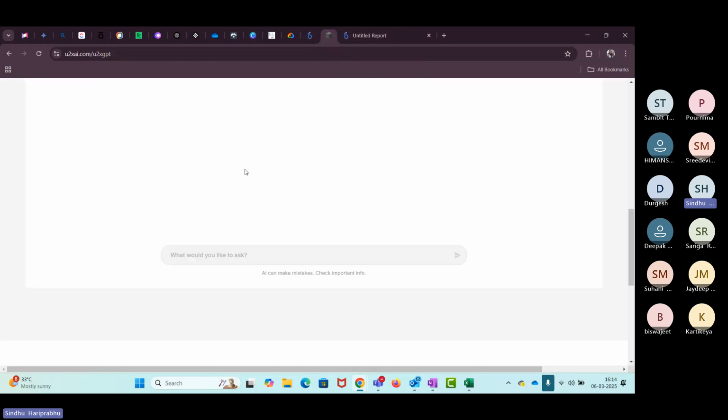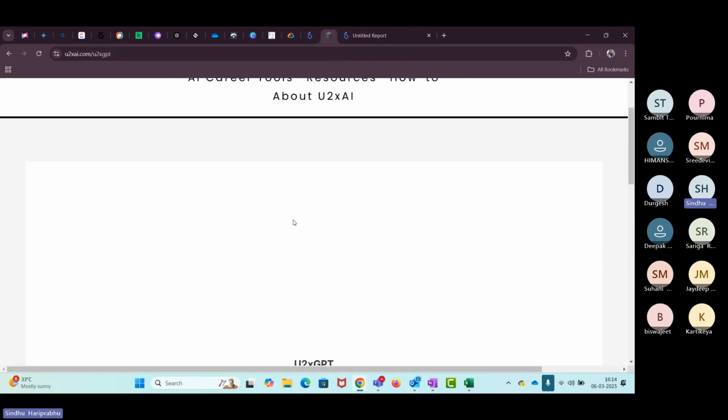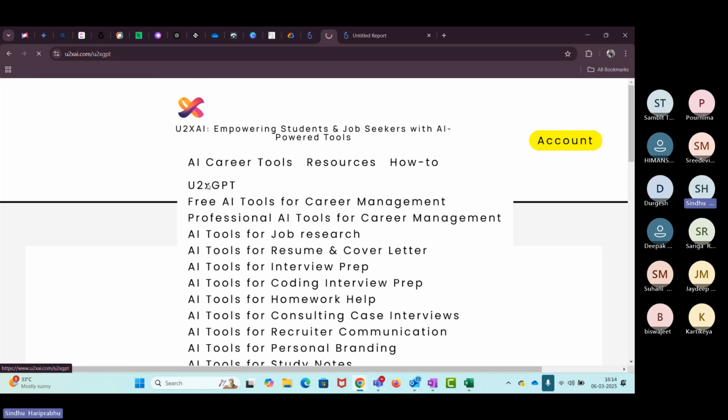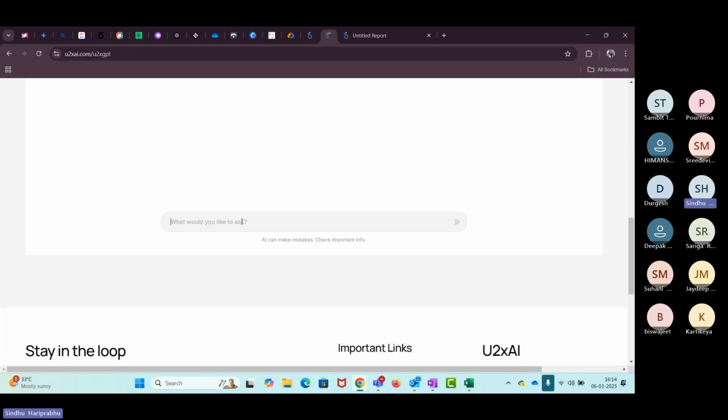So go to the U2X AI tool, click on U2X GPT. Then we can just wait for it to load. So I need to find what is my total revenue or calculate inventory levels.